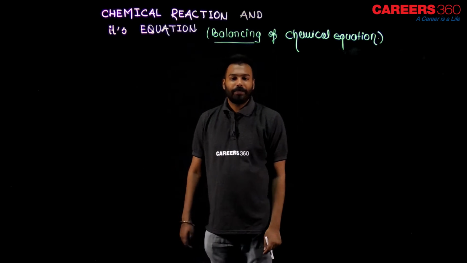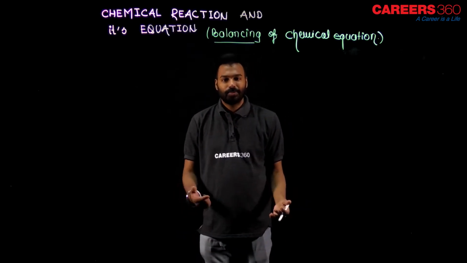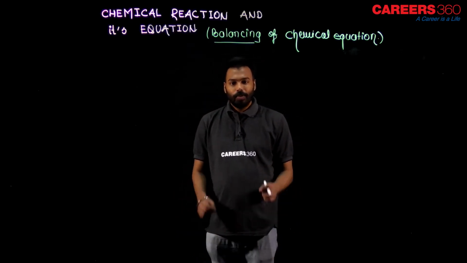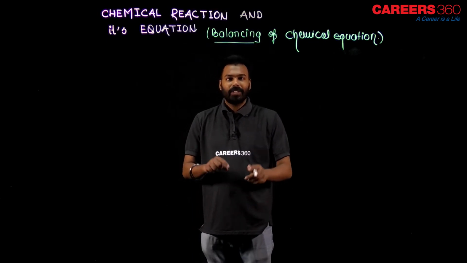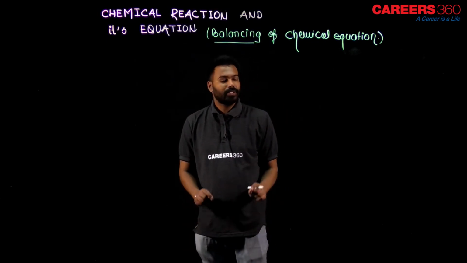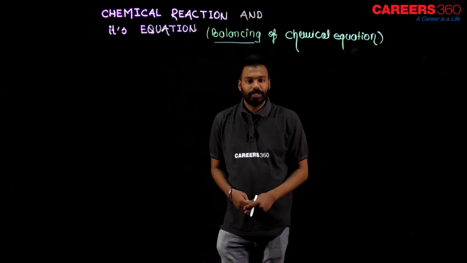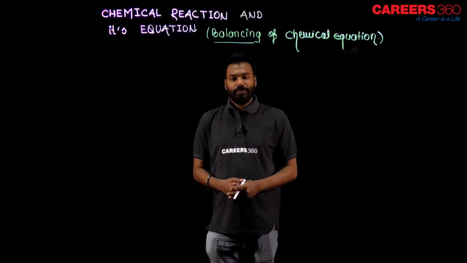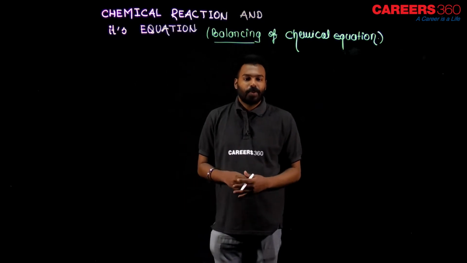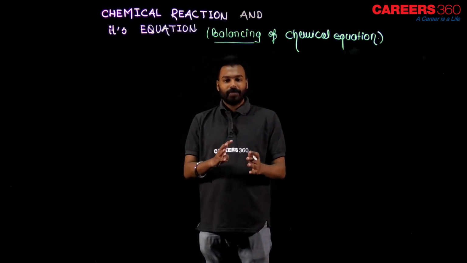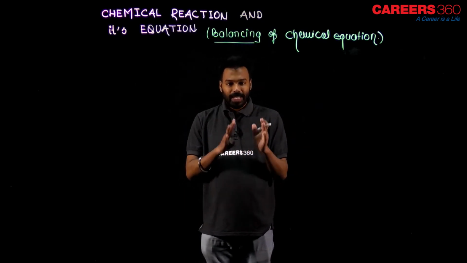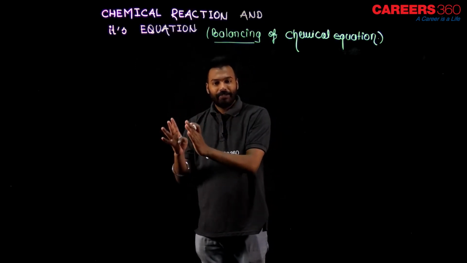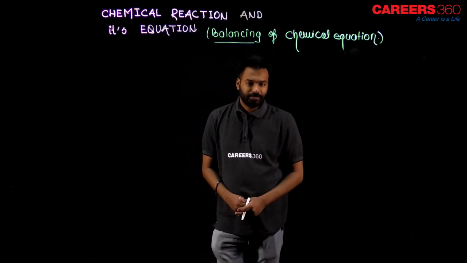Answer: you have to do a lot of practice to know this question's answer. Okay. Only practice can make you perfect in this particular topic. This is not a theoretical topic. Totally practice. Okay. What is balancing of a chemical equation? In this process, we just balance the number of atoms in any chemical equation on the left hand side and right hand side.